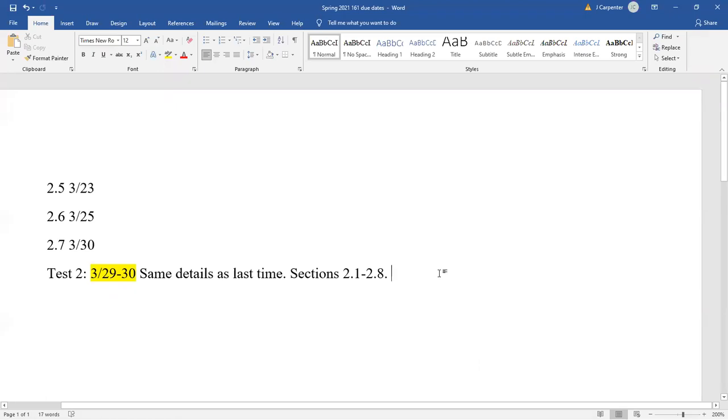And then just gonna pull up our due dates. So 2.5, 2.6, 2.7. Again, we've basically finished 2.8. I would advise that you go ahead and start working on that homework, even though I'm going to make the due date for it a week from next class. So we have our 3 homeworks coming up. We know when our test is going to be. We know that our review will be available soon. I'm going to go ahead and make that available sooner than later today, so you should see that available very soon.